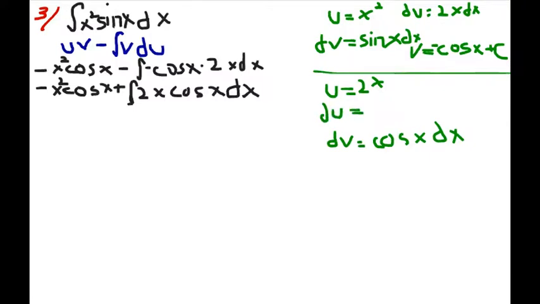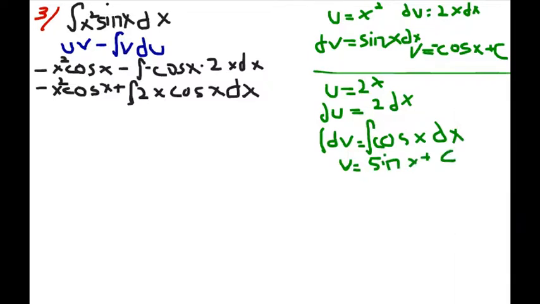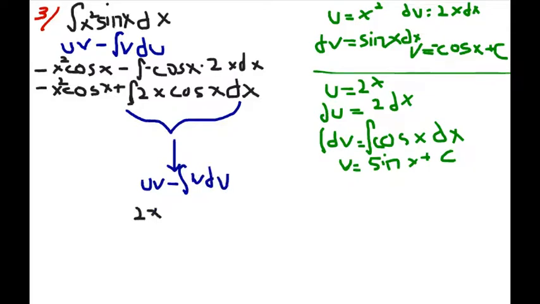By deriving u, we get 2 dx, and by integrating dv, we get v equals sine of x plus c. Now by plugging the info in the formula, we get 2x sine x minus integral of 2 sine x dx,